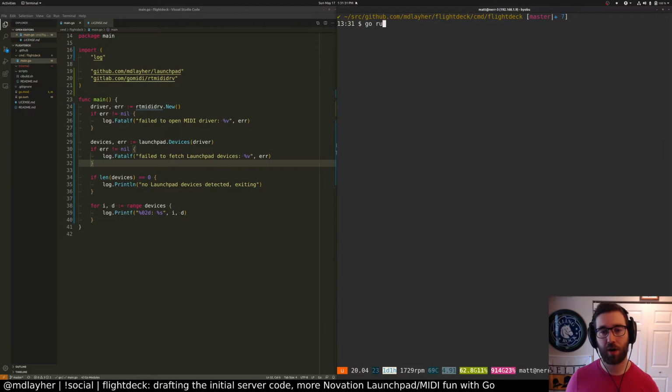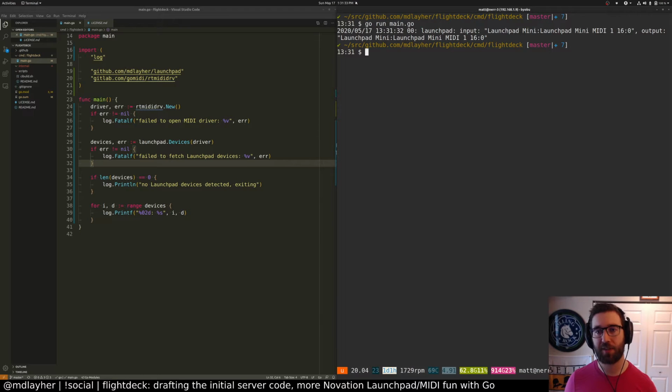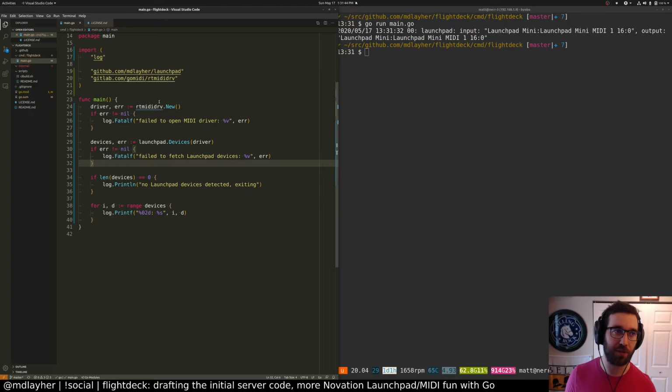One of those things where, yeah, the module cache might not have been updated. There we go. Okay, so we have something that prints the Launchpad to the screen, so this is Hello World. Cool. So what we'll do next probably is wire in things like signals and context cancellation because those are useful things to have. And we want to make sure that we turn the Launchpad's lights off when we're done with it because it seems wasteful to let the Launchpad lights, LEDs stay on for the entire time that your computer is on. So,